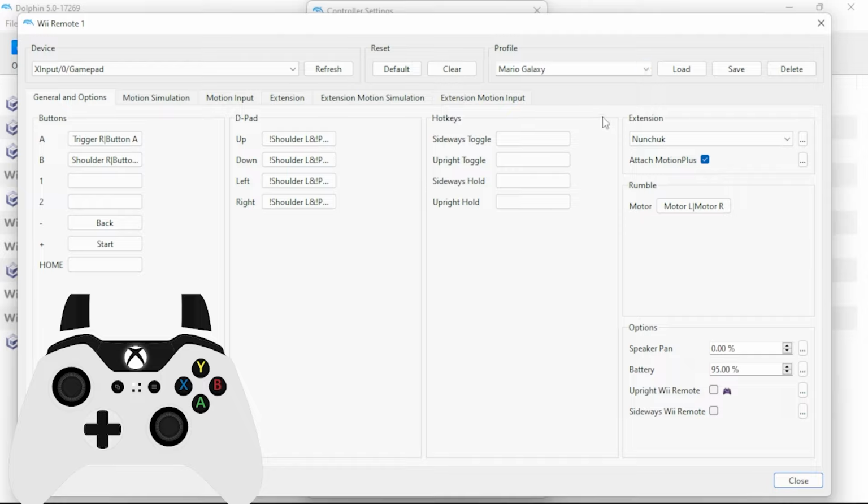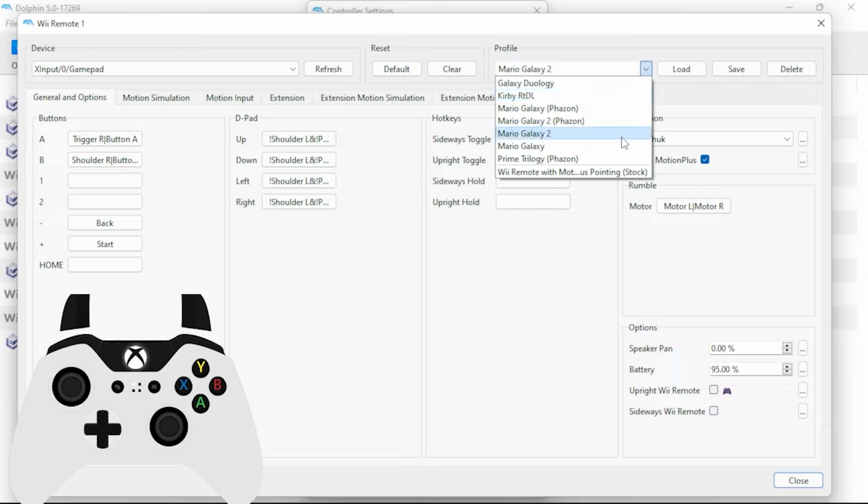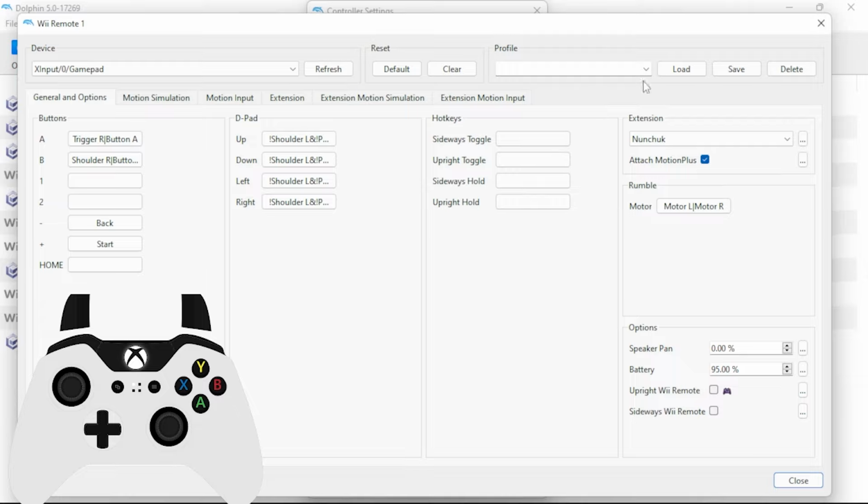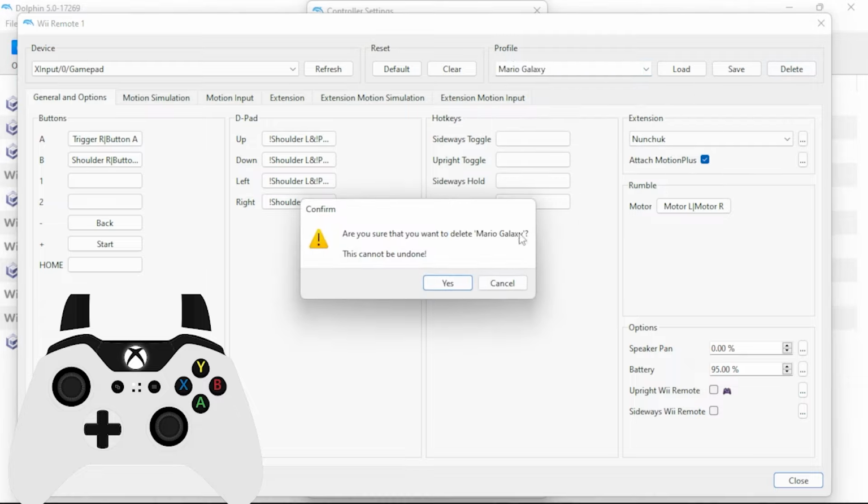Then when you go into Phazon, I'm not going to show you how to do that because it's pretty straightforward. Once you go into Phazon, you open it with PowerShell and you follow the prompts. When it asks which profile you want to select, two separate profiles for Galaxy 1 and Galaxy 2. So having one made for Galaxy 1 and then having one made for Galaxy 2 as well is useful for that. But then once you generate the Phazon profiles, you don't need the base Galaxy 1 and Galaxy 2 things